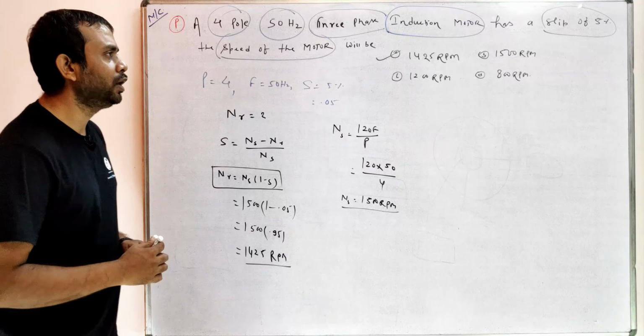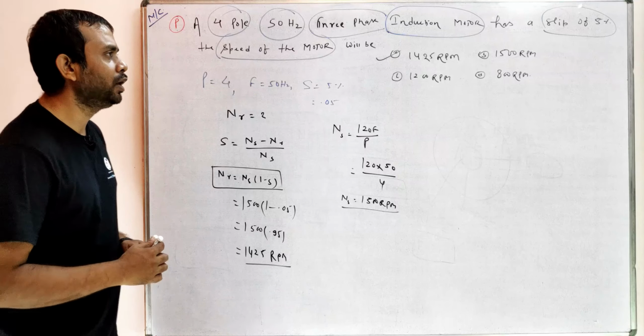Now let's look at the next problem. A three-phase 440 volt 50 hertz induction motor has 4% slip. The frequency of rotor EMF will be: option A 0.2 hertz, option B 2 hertz, option C 50 hertz, option D 200 hertz. Now look, this kind of problem is very important at the competitive level in the basic portions. All these problems belong to the working of the three-phase induction motor. So if you want to solve this kind of problem with ease, the working of the three-phase induction motor has to be very clear.